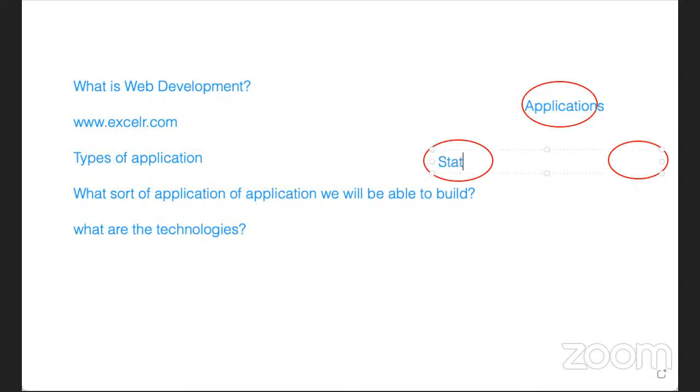So static and dynamic. For example, if the content within an application or a page is not changing over a period of time, or if there is no interaction between a client and server, then that content is called static content. And if the content is loading on a request basis, based upon user interaction, if the application